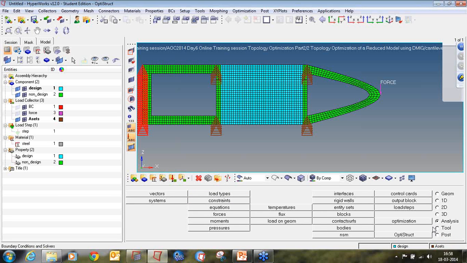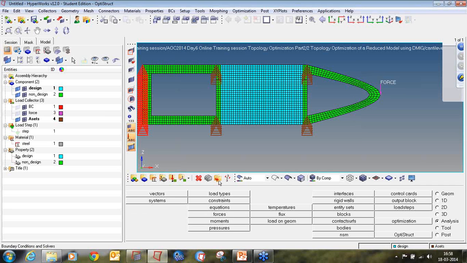Then the next step is to delete the elements which will be retained in the subsequent optimization. The reduced stiffness matrix and the load vector will be generated for only those elements that will be reduced out, that is the super elements. Therefore, a new model needs to be created containing just the super element part and the load and the boundary condition applied directly to that part.